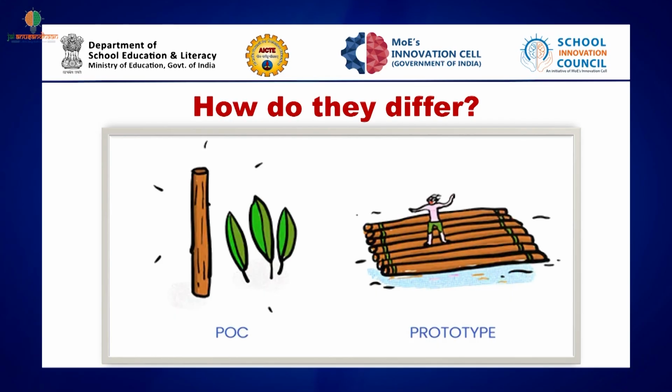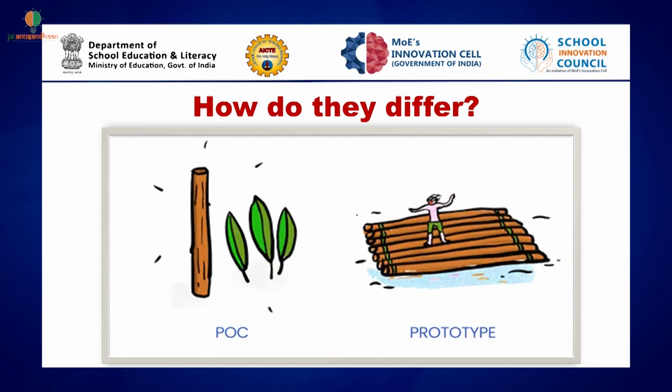Just look at an example. For example, we look at a problem where the problem statement says: how can you cross a river? So you get an idea that, okay, I will build a boat. A POC may be just able to demonstrate that a wood float over water, which demonstrates the technical feasibility